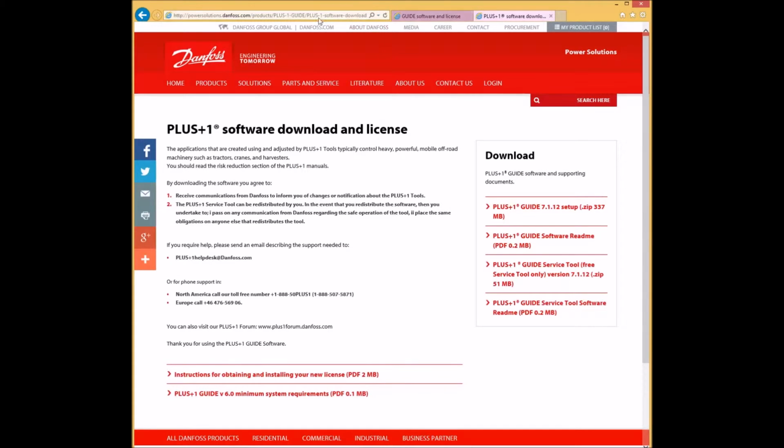Once you have downloaded and installed the +1 Guide Service Tool, you'll need to contact Multiquip Tech Support or your local Multiquip Field Service Manager to request the data file that you'll need to use in conjunction with the +1 Guide Service Tool. So if we go to the website